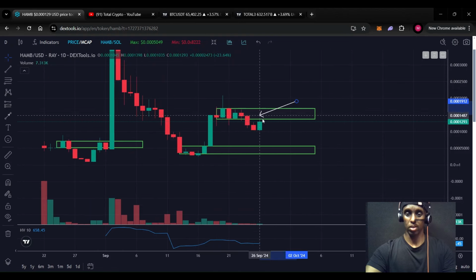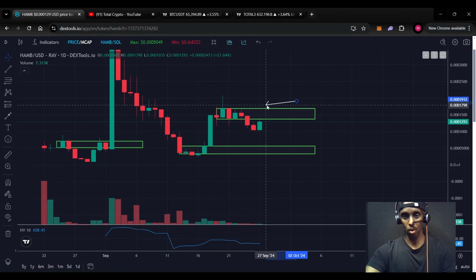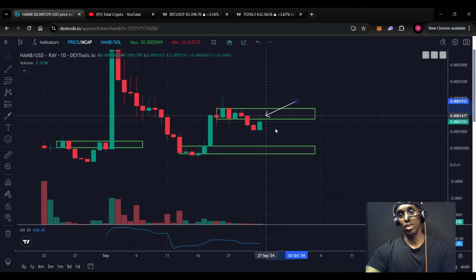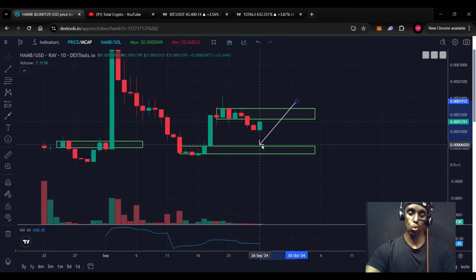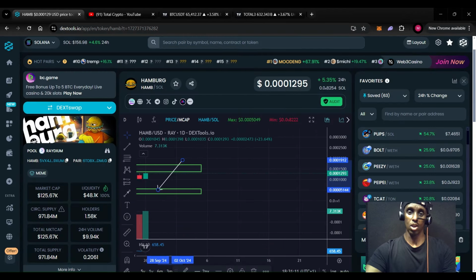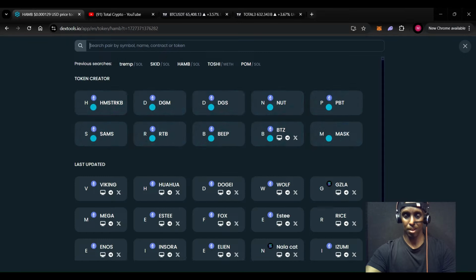But anyway, right guys, so there's two ways to look at this. One, wait just before we break above this level, enter into a trade, or if this is a fake move to the upside, wait until we get back down to this level, enter a trade here, Bob's your uncle, and there you have it. So why don't we go into the next meme,